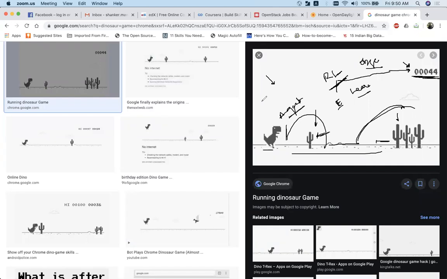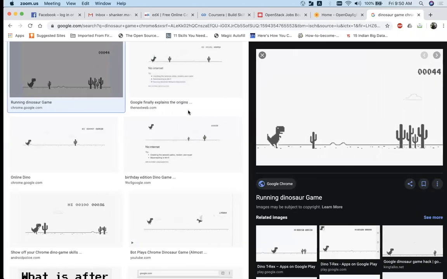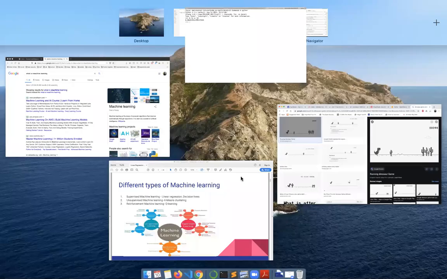One of the algorithms is called Q learning. So this field itself is a little bit complex. One of the algorithms that you will come across in reinforcement learning is called Q learning. Now you need three things: agent, environment, and objective. If you have these three things, this is called your reinforcement learning. Okay, is reinforcement learning clear?